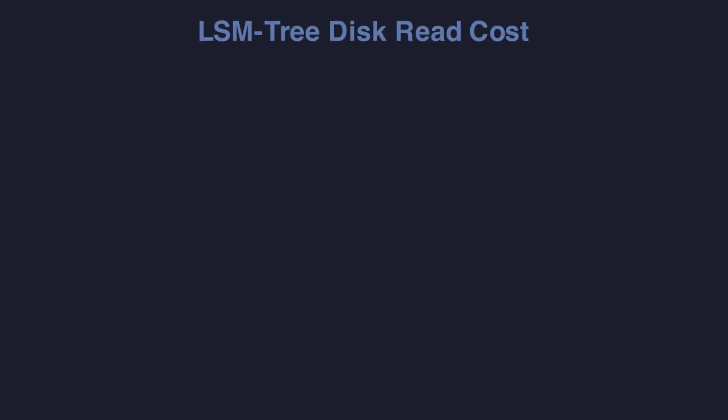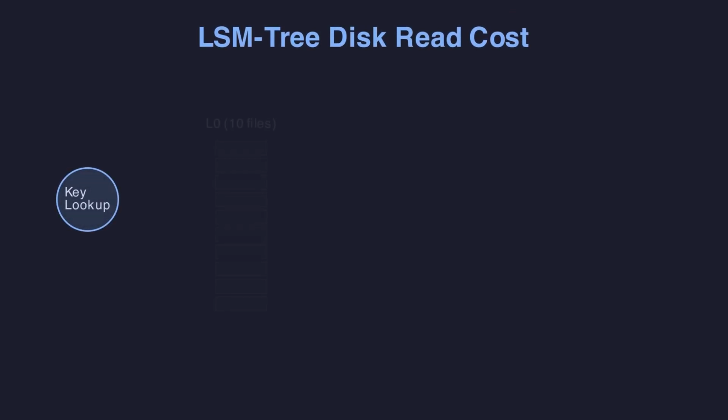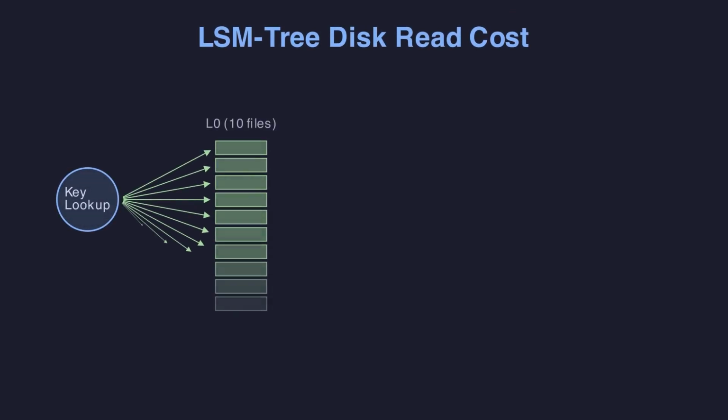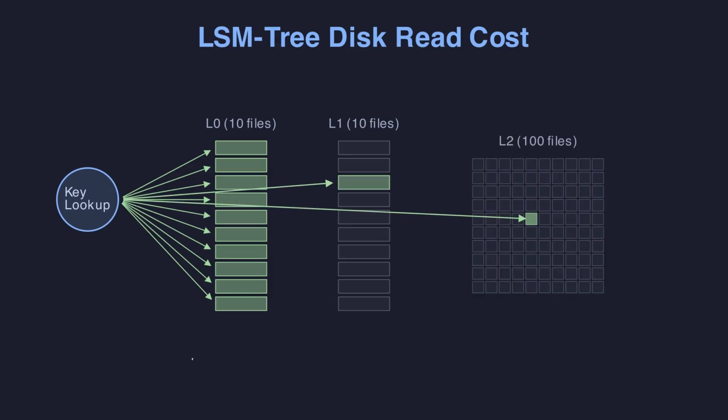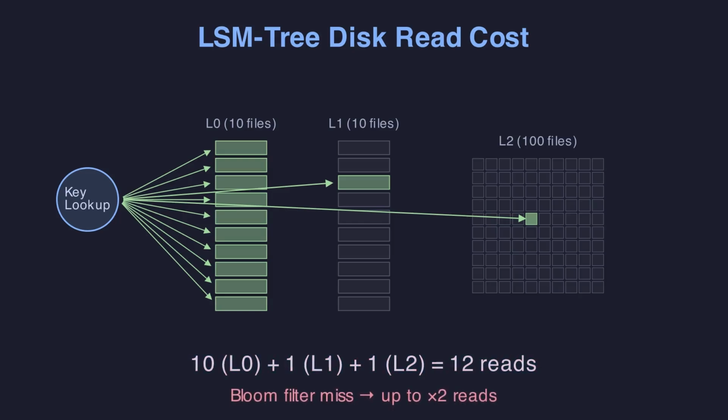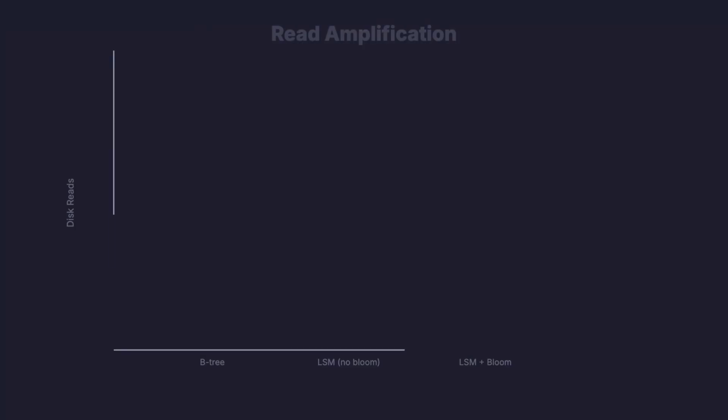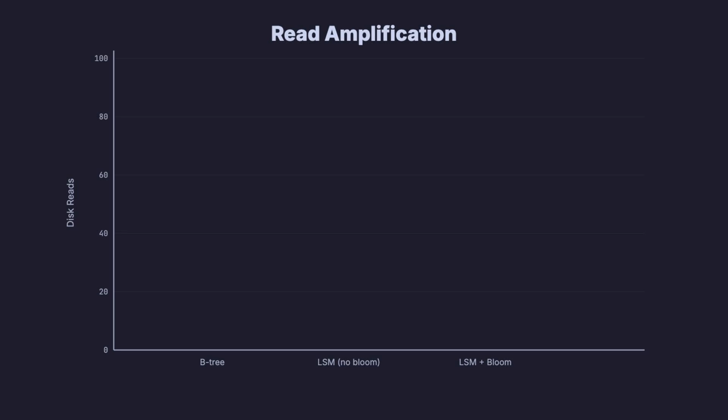If you have 10 level 0 files and the key didn't exist, you still touch all 10 Bloom filters. On a spinning disk, that's 10 seeks. Even on an SSD, it adds up. When combined with deeper levels, a single point lookup might hit 15 disk reads. That's the hidden cost. To be more precise, the read amplification without Bloom filters is roughly the number of SSTables